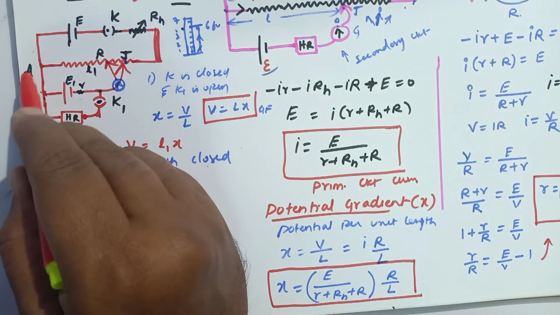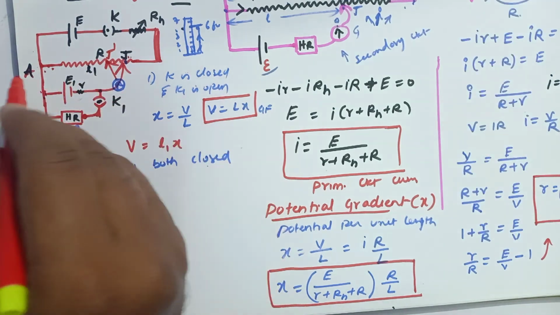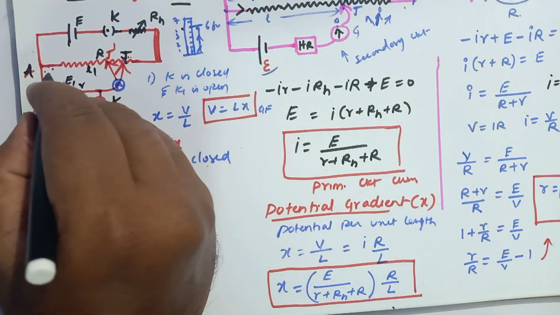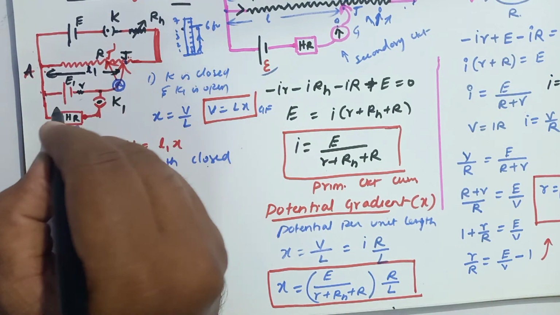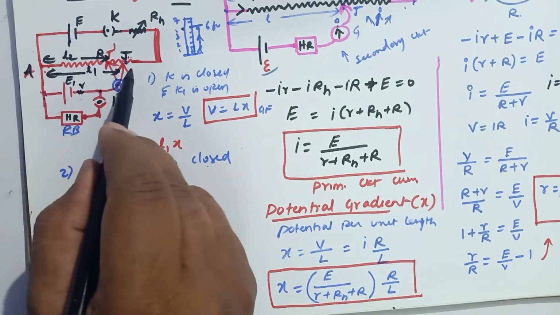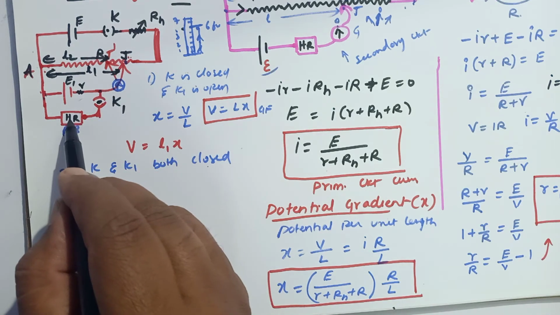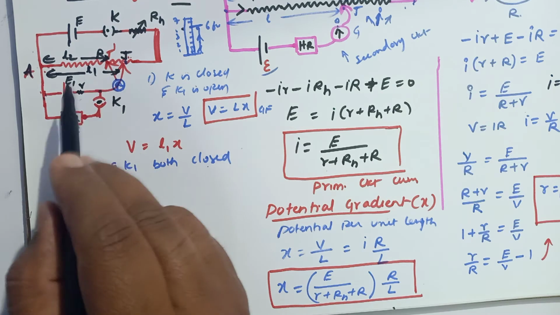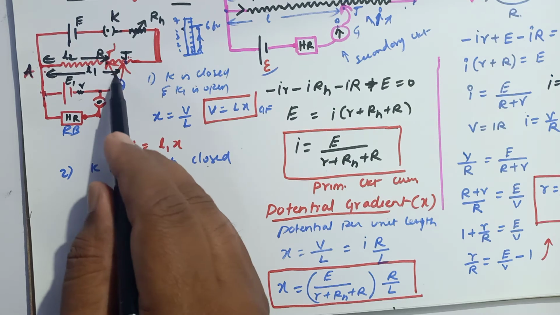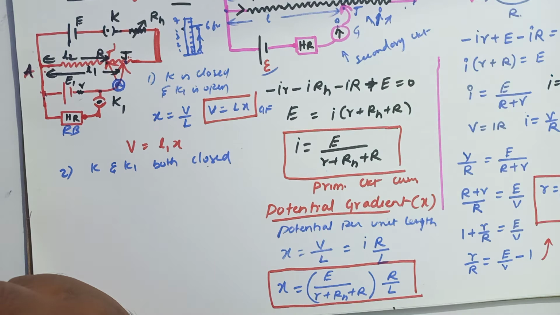So previously AJ was the balancing length, now AJ dash is the balancing length. Previously balancing length is L1, as I have written here. Previously from here to here the balancing length is L1. Now the balancing length you can consider to be L2, which is lesser than the previous one, because now you have to adjust the resistance such that it will show zero deflection somewhere else here. So when this resistance box is connected, the balancing length will change this time. So balancing length will be different than the previous case.